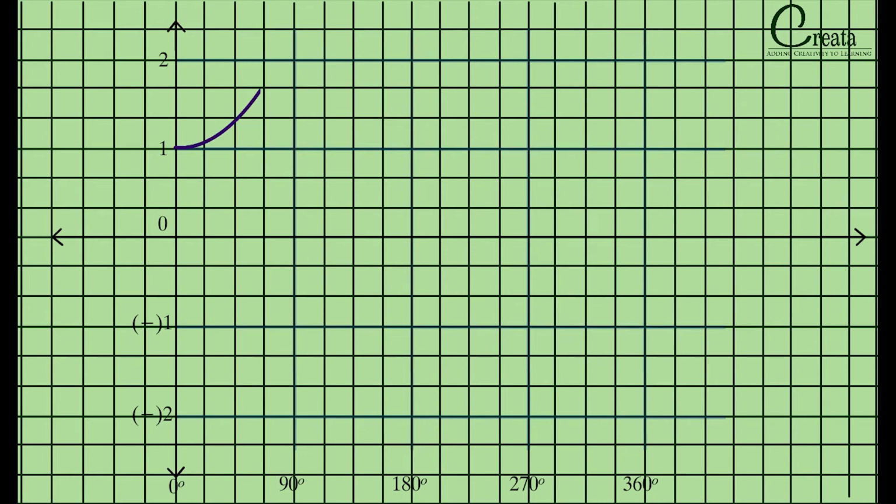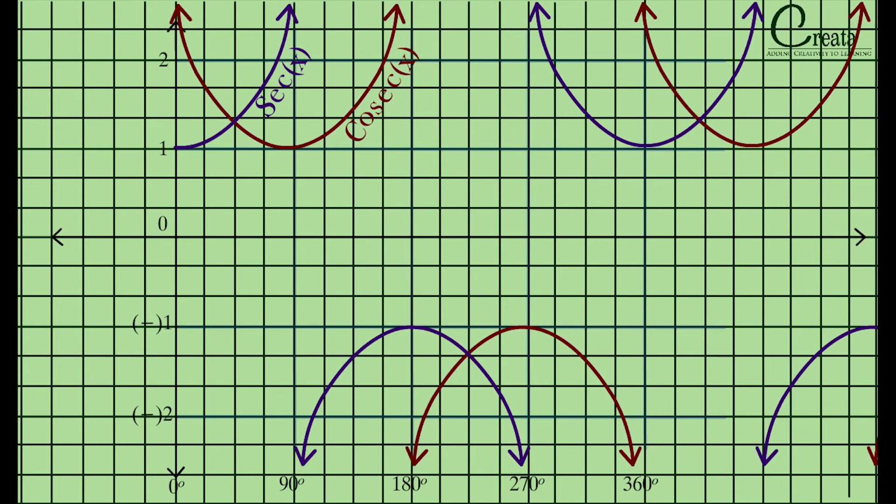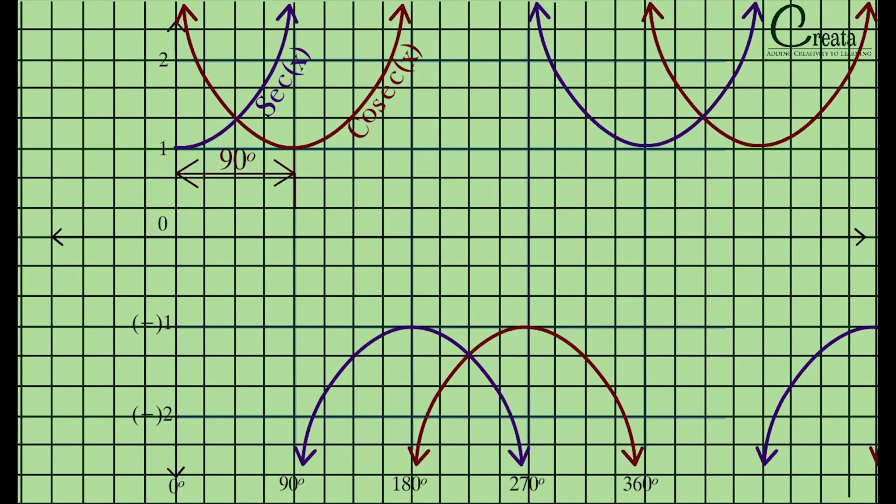Similar thing we observe in our sec graph. Sec, we know it is reciprocal of cos. So sec graph is also the reciprocal of cos graph. As cos is increasing, sec is decreasing. And as cos is decreasing, sec is increasing. Both are reciprocal to each other. Sec and cos graph touch each other at 0 degrees and after that at a regular interval of 180 degrees at 1 and -1 on y-axis. And similar to sine and cos graph, cosec and sec graph also have a phase difference of 90 degrees. Same fundamental applies here also.